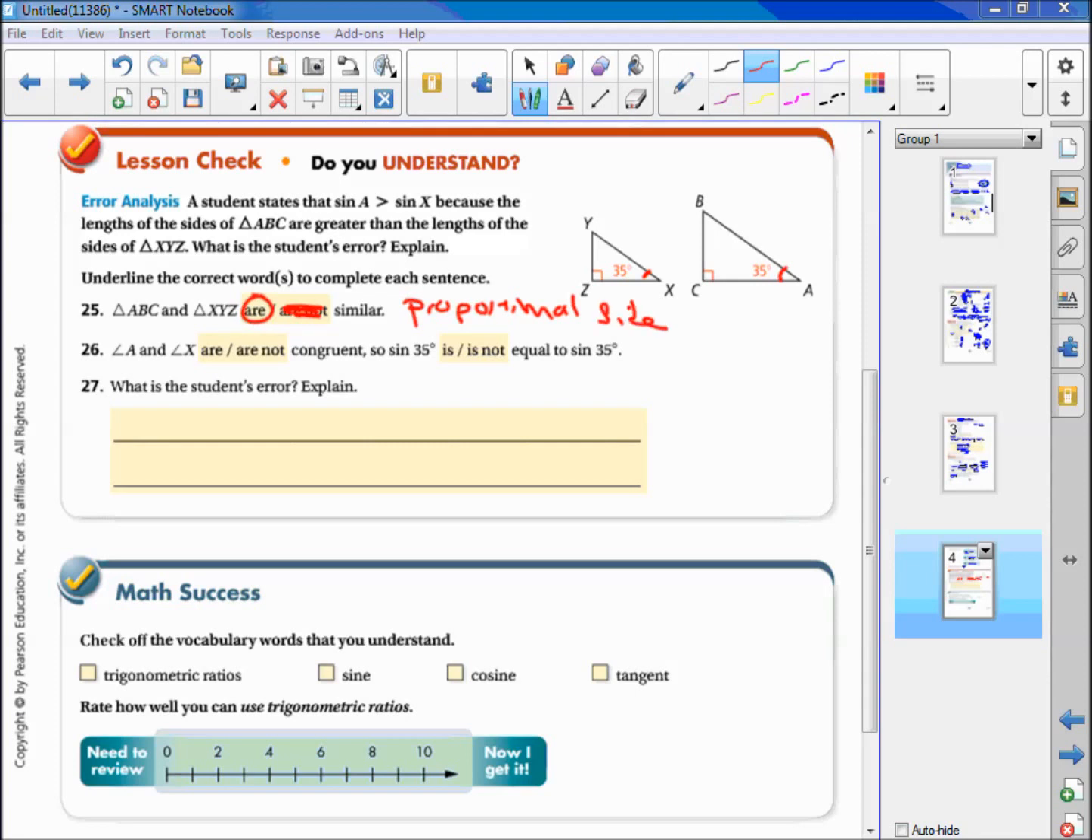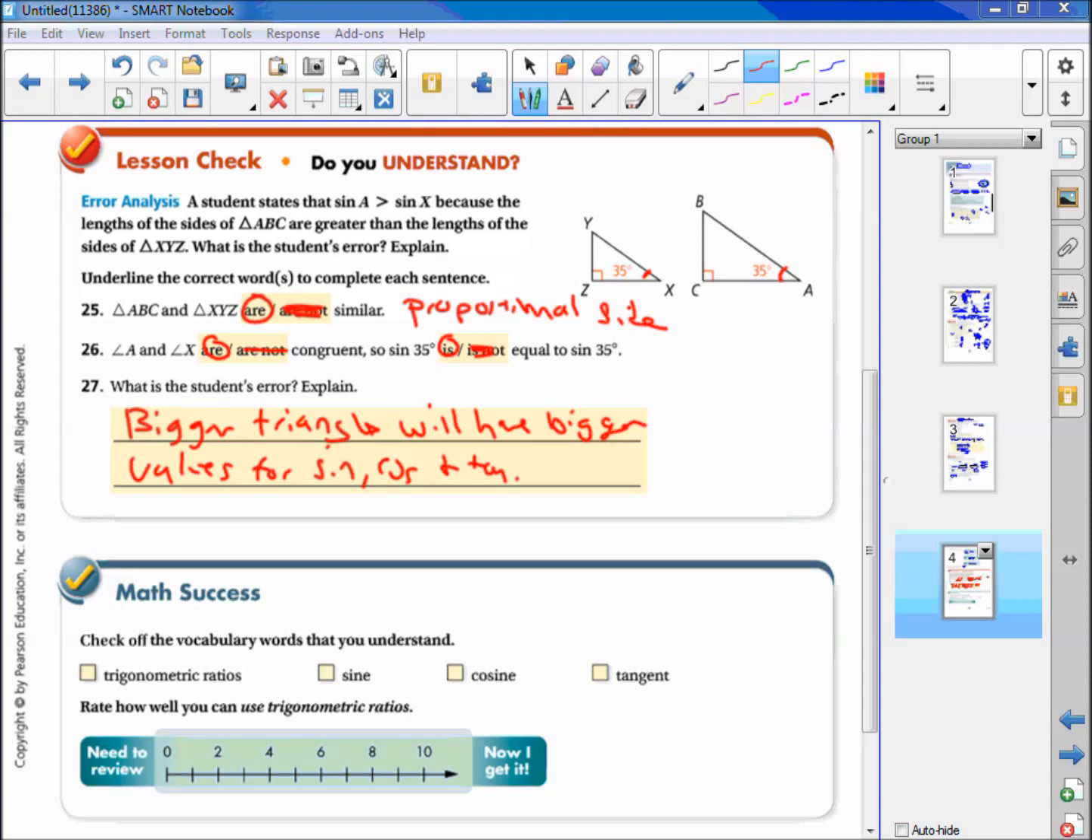So angle A and angle X are congruent. So the sine of 35 is equal to the sine of 35. The ratios of the opposite to the hypotenuse will always be similar. So what's the student's error? So this is what I think the student thought. The student thought that the bigger triangle will have bigger values for sine, cosine, and tangent. Okay? And that's wrong. Okay? Remember, it's the ratio of the sides, and since the sides are all proportional, the ratios